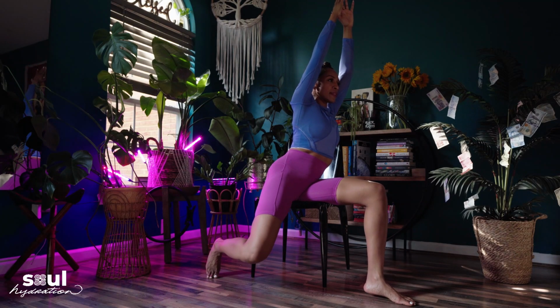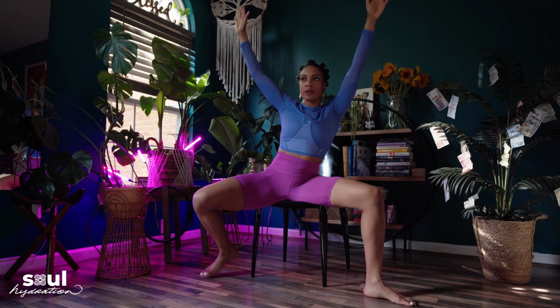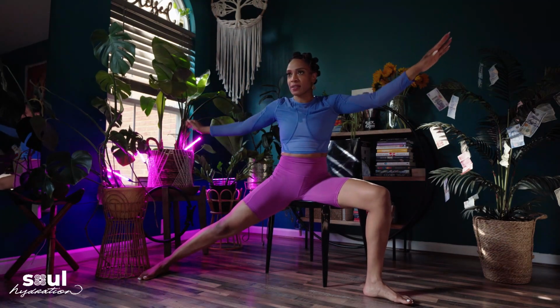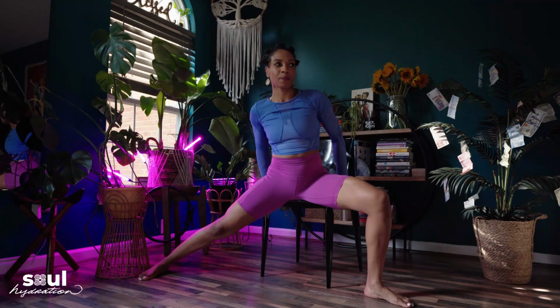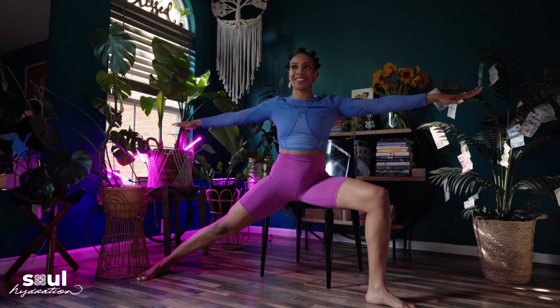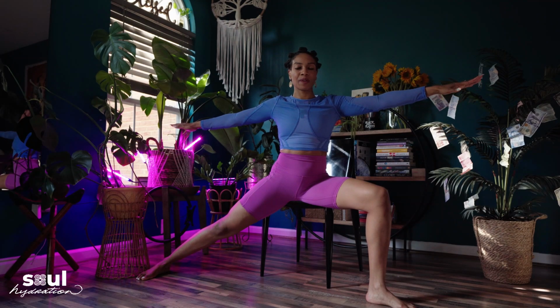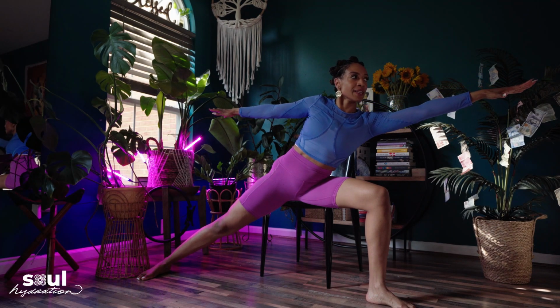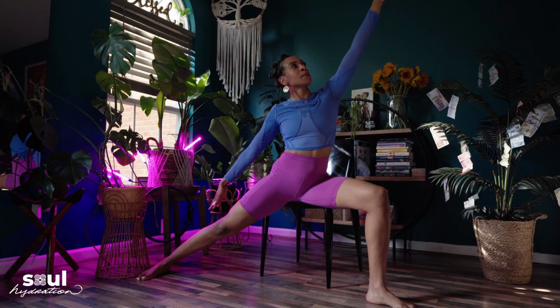I want you to lengthen that back leg and open out into a warrior two. We're still on the edge of our seat, so feel free to kind of wiggle your way. It might seem a little bit uncomfortable, but find the discomfort and befriend it. Take a nice breath in. Exhale, reach forward, feeling the length here. And then coming back